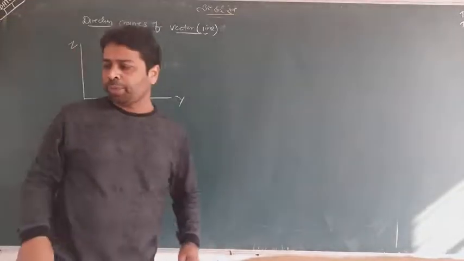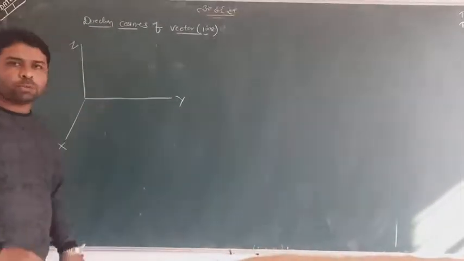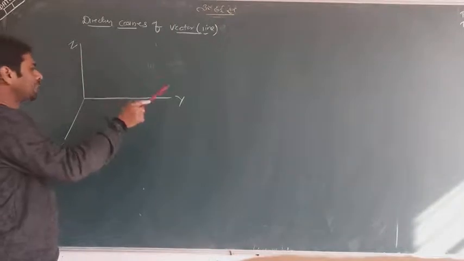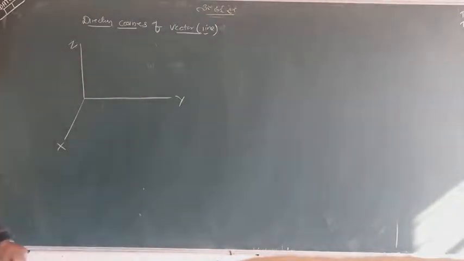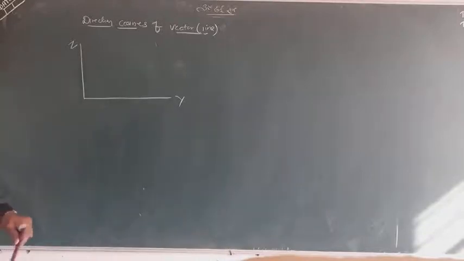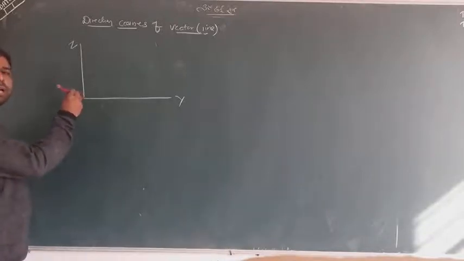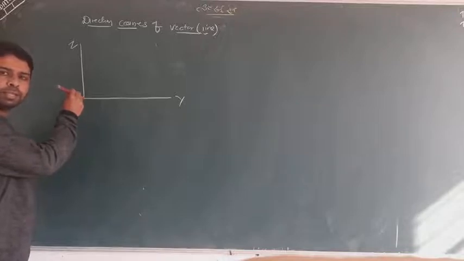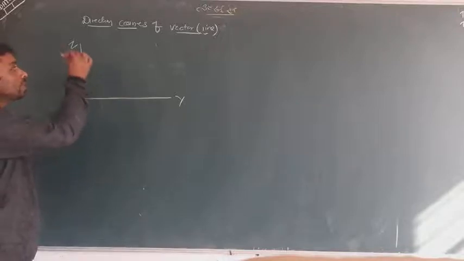Students, I made this picture for you. You know this is the x-axis, y-axis and z-axis. You know very well that this line is actually not here. This is the x-axis, which is actually vertical, like that. And this concept I have already taught you in class 11th. This is x, this is y, and this is z.